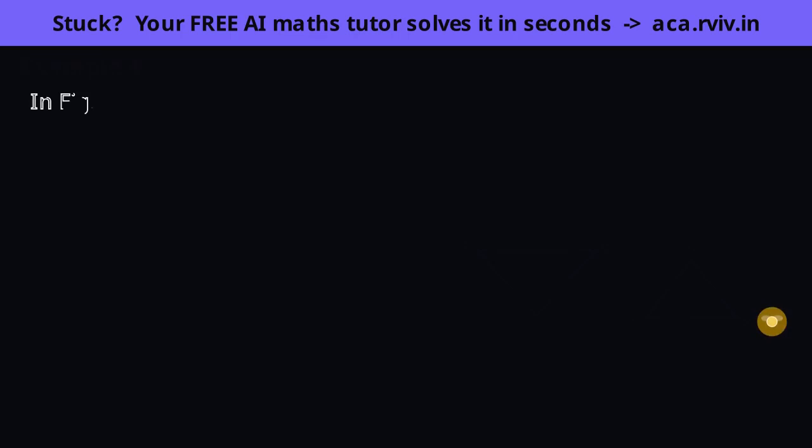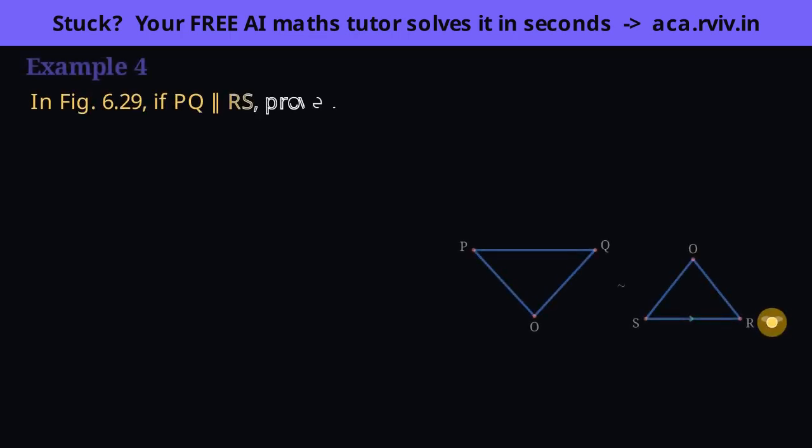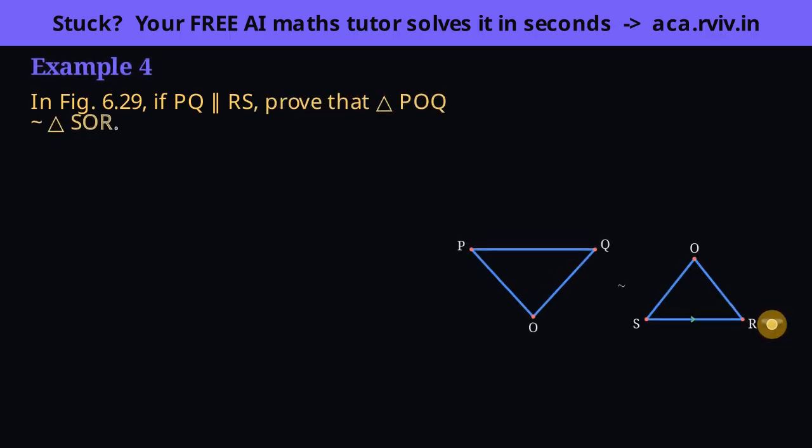To prove two triangles similar by AA, we need matching angles, and parallel lines cut by transversals are a factory that mass produces them. Let's set our target. To prove the two triangles similar, we need pairs of equal angles. The one gift we are given is that PQ is parallel to RS, and parallel lines, whenever a straight line crosses them, throw off equal angles. So let's go collect three pairs.